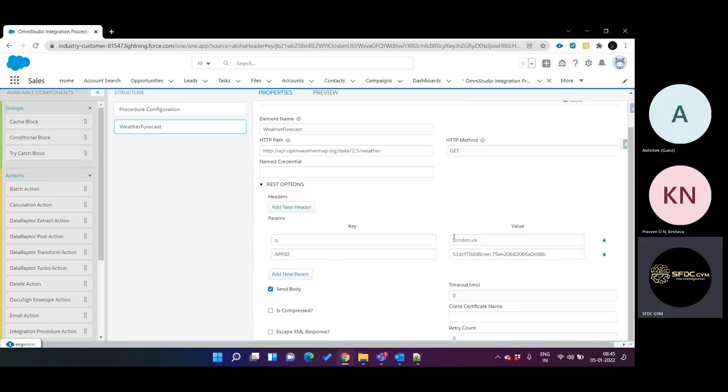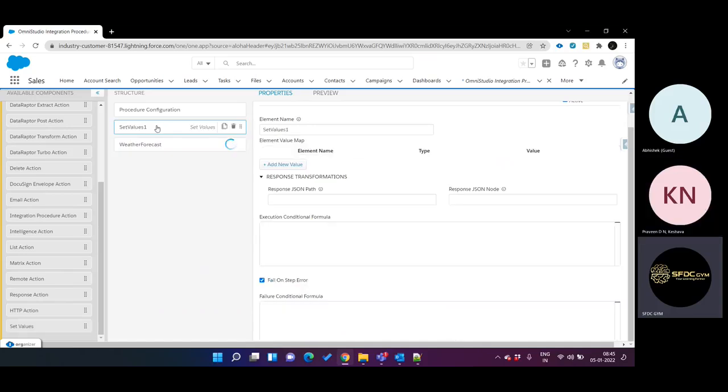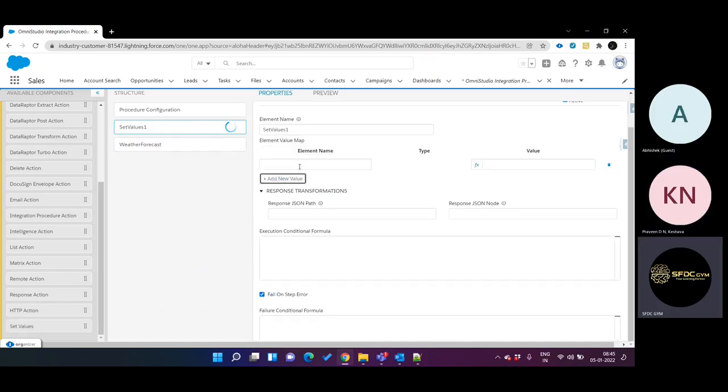Next thing is, here we hard coded this location and the API key, but in general we will not hard code this. The best practice is that you need to use Set Values here. We will first define Set Values. Inside Set Values, we will add a name, let's say city,